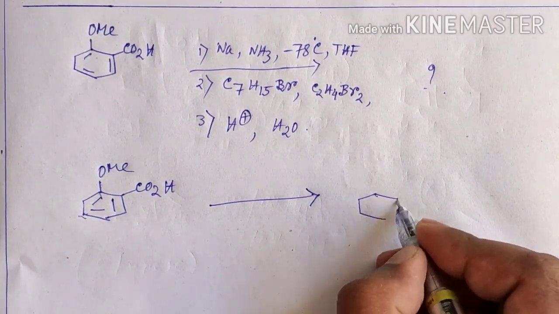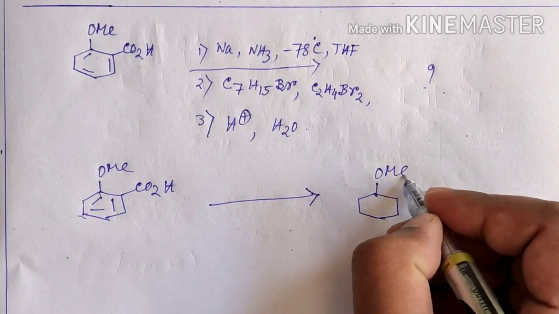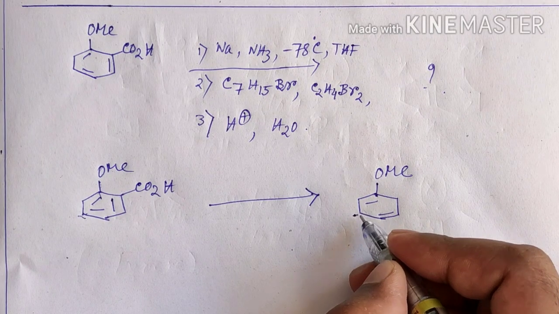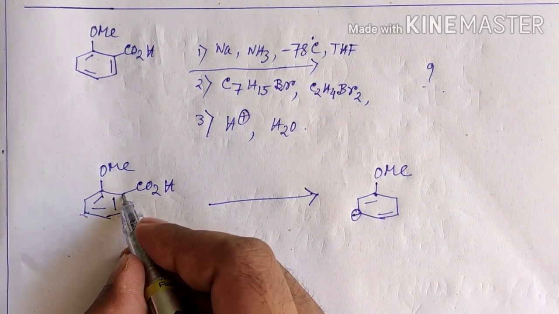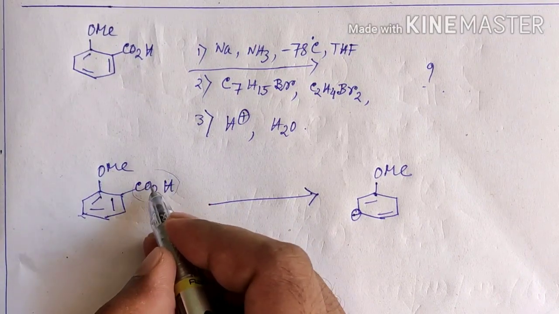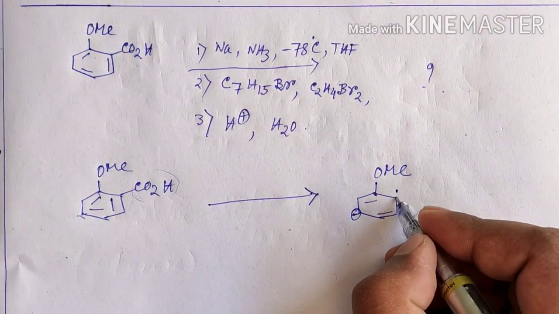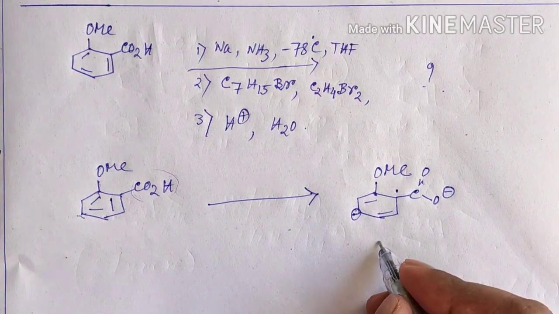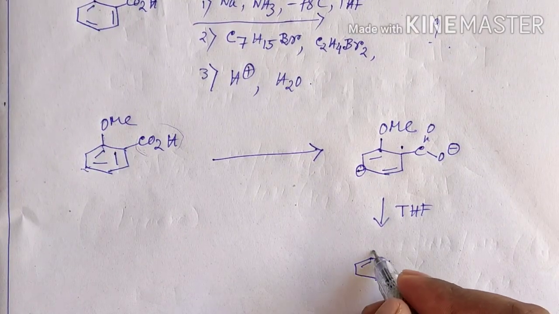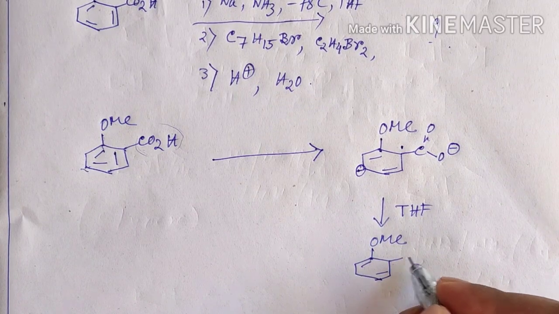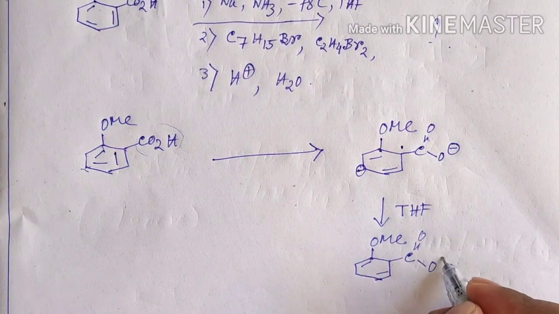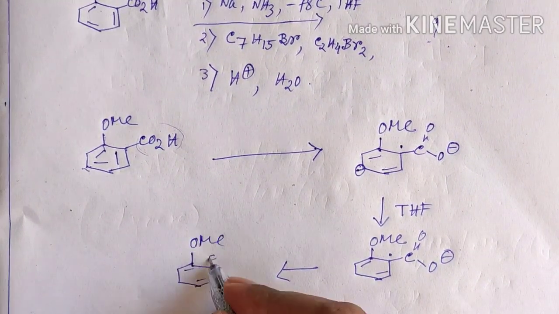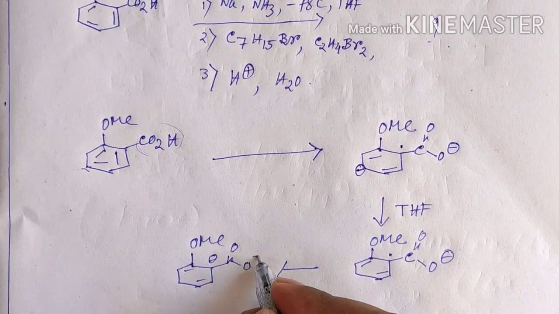So in the first step, the product will look like this. Here will be anion, since electron will attack here due to effect of this directing group, and here will be radical. This will be CO2 minus. Next, it will abstract one proton from THF to give this. In the next step, it will abstract another electron to form anion, which will be stabilized through conjugation with this